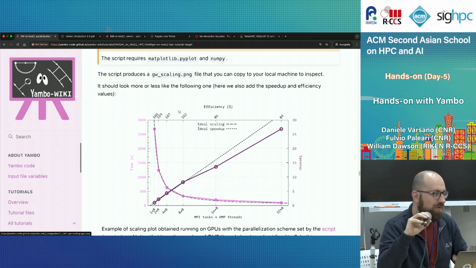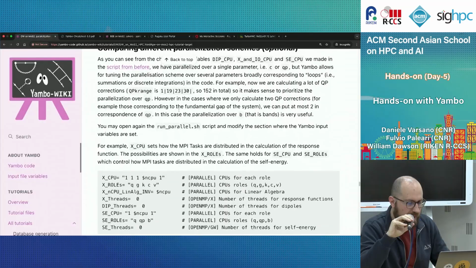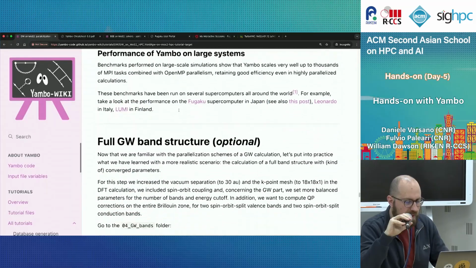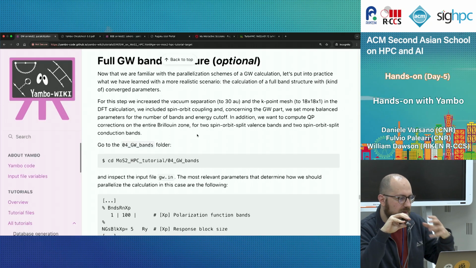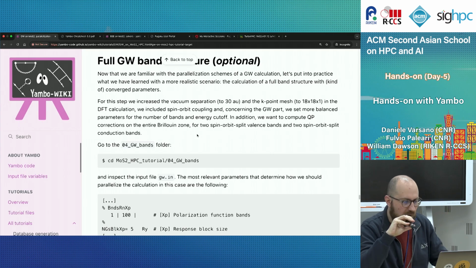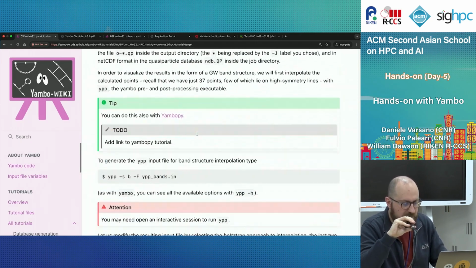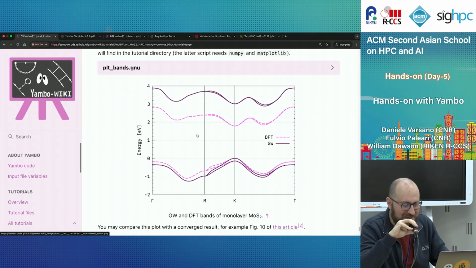Okay. And so, for example, one possibility, you see that if we would continue the GW tutorial, apart from encouragement to test different parallelization schemes, there is also an optional last part that would be the full calculation of the GW corrected quasi-particle band structure, so the band gap correction of the DFT problem. This is a longer calculation that, if you do it, in the end will lead you to this plot, or similar, I hope, which is a comparison of the DFT band structure that you calculate, in this case calculated with